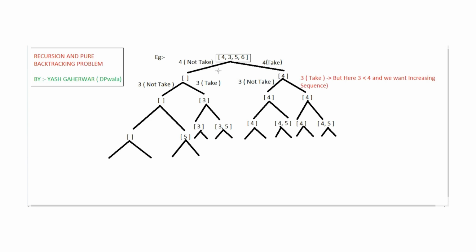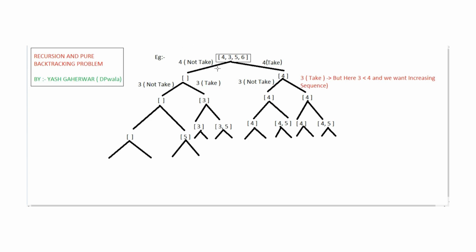So what we think is that first we have two choices: one is we can take 4 and the other is we can not take 4. To solve this problem we need to think in terms of the question, where they have mentioned that we need to generate a subsequence, meaning a non-decreasing subsequence. In a subsequence we can skip numbers. So there are two choices for a particular number, that is to take it or not take it.